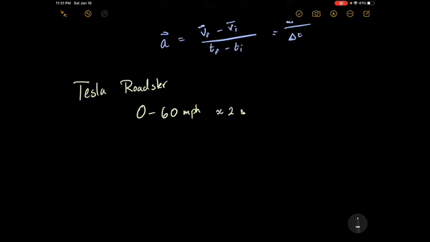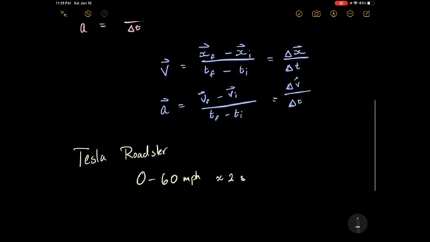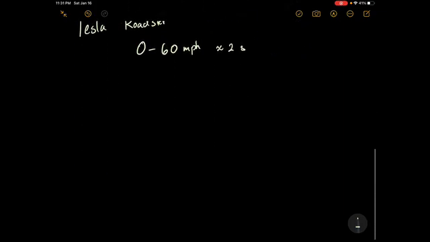Well, the answer here is 2 seconds. Well, what does that mean? Well, 60 miles per hour and 0 miles per hour are both indications of speed, and technically also in terms of velocity as well. If you know which direction the car is moving, and you also know how fast it's moving, then that means you know what the velocity is. So let's say that this car right here is moving to the right at 60 miles per hour, and you're trying to figure out